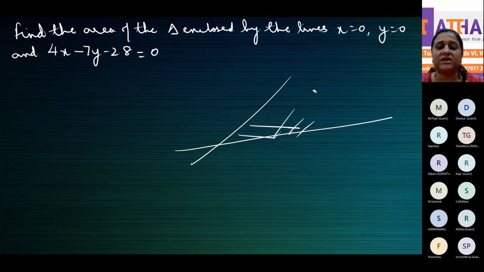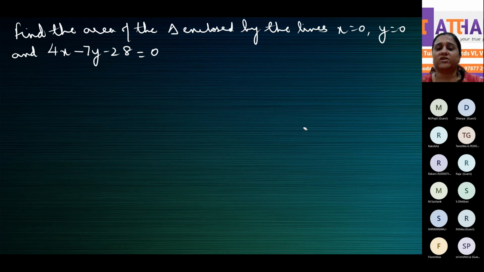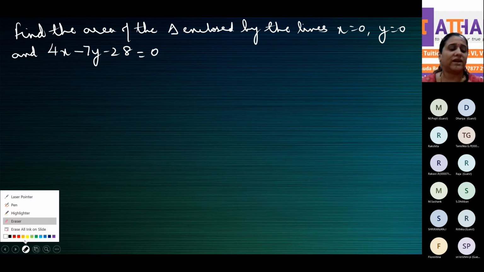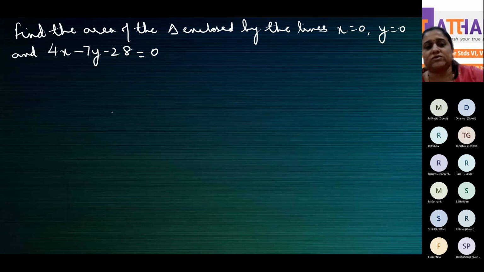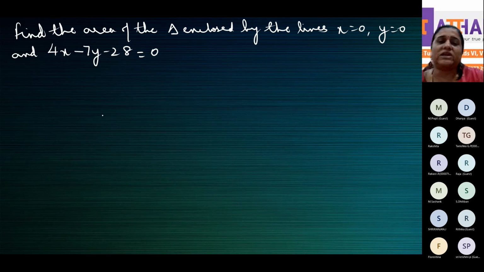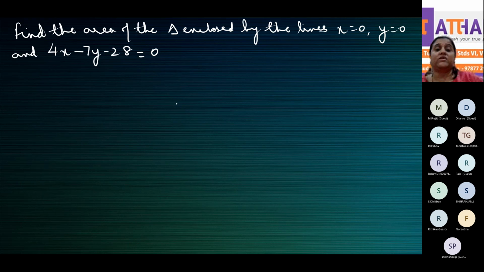So here the 3 lines are: x is equal to 0 is one line, y is equal to 0 is the second line, and 4x minus 7y minus 28 is equal to 0 is the third line. So now these 3 lines enclose a triangle. We'll have to find the area of the triangle. Okay, so for that,